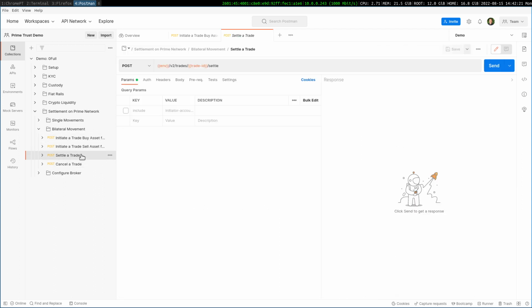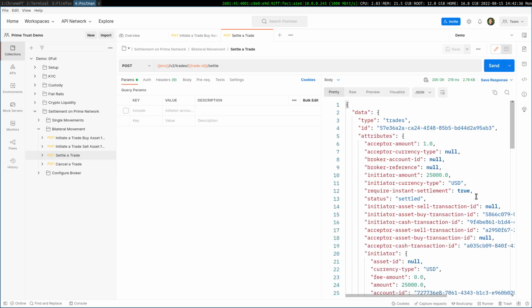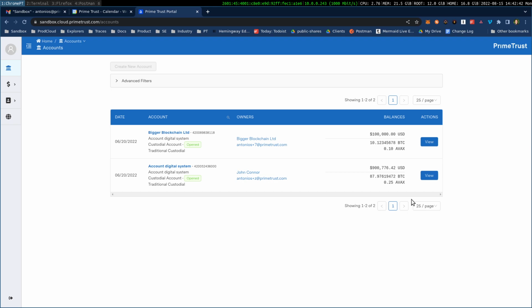To settle the trade, we're going to make a post request to /v2 trades with the trade ID that we just created and the additional path /settle. Now we can see this transaction is settled. If we go back to the sandbox,